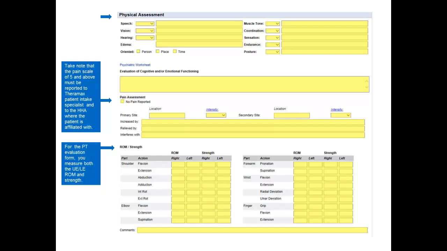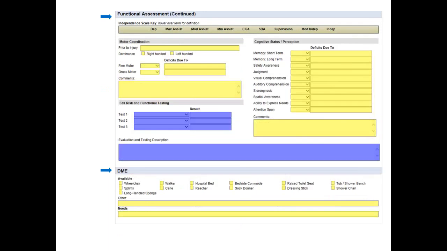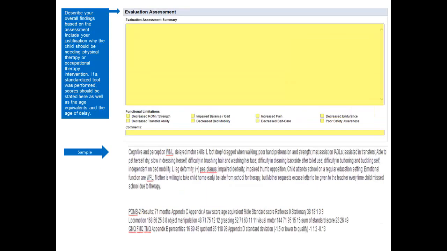For the PT evaluation form, you measure both the upper extremity and lower extremity ROM and strength. Describe your overall findings based on the assessment. Include your justification why the child should be needing physical therapy or occupational therapy intervention. If a standardized tool was performed, scores should be stated here as well as the age equivalence and the age